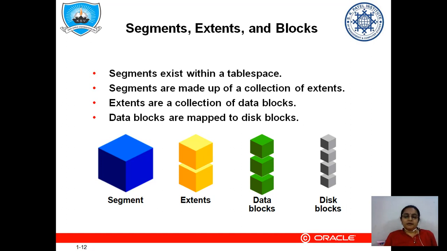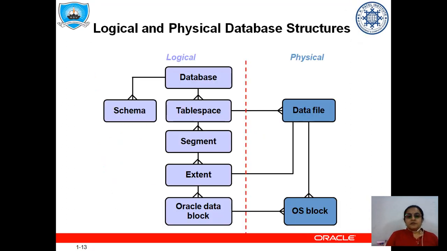So we can say that the extent is a table, and the data blocks are the records, the values of that particular table, and each value is stored in the OS disk blocks, and segments represent a particular user or a schema. Likewise, each data block is mapped to a disk block. So a tablespace consists of more than one segment, segments consist of more than one extent, extents consist of data blocks, and data blocks are associated with the disk. This is how the information is managed.